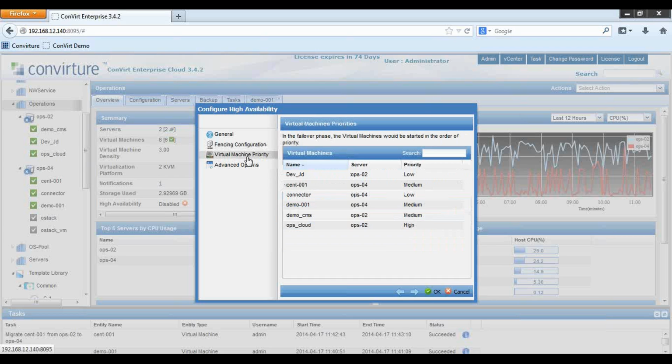There's a couple of other attributes we can set. Here we can actually go in and modify or set virtual machine priority. Again, we saw this when we set up the template and when we spun up that virtual machine. In this case, we can change things. Maybe we'll set demo 01 to be a critical machine, right? And so now it will be the first virtual machine that will be restarted if there's a